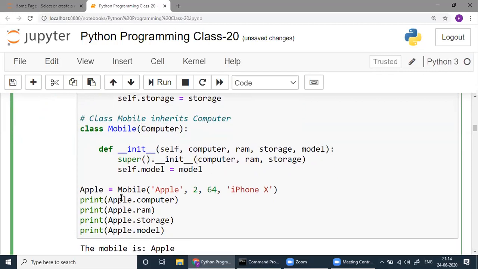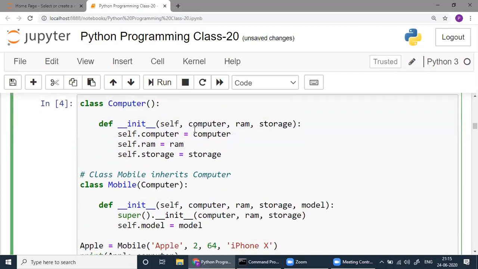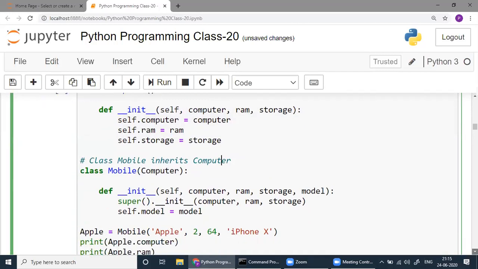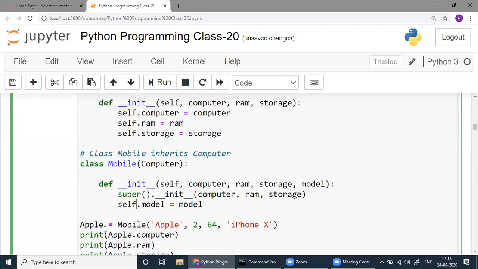Because when you have only this child class, whatever attributes you have here will go here. If you want to access these things, and if you want to initialize, this is the way. Super dot init computer. Remember, there is no self, just super dot this, and within that you write everything you need. So then you write this Apple is mobile type, so apple dot computer RAM,